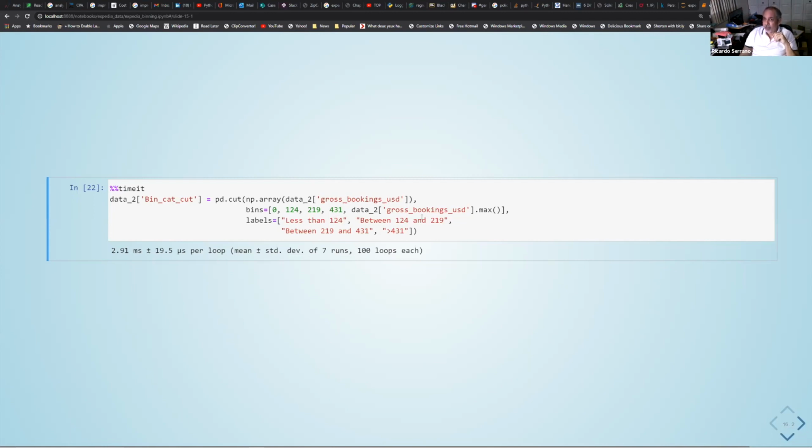So we get the labels that we choose, etc., and then we run it, and voila, we got an execution time of 2.91 milliseconds. Okay, and that's the fastest that you can do this, and it's really a big improvement from where we started, 15 seconds back in function number 1.